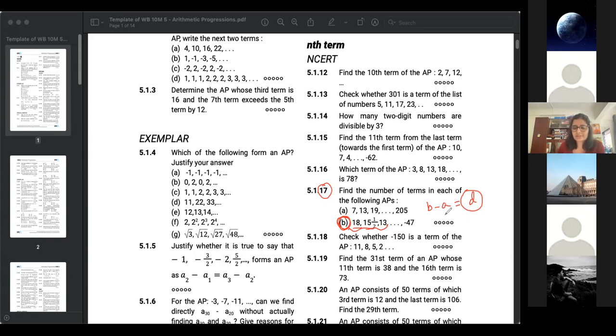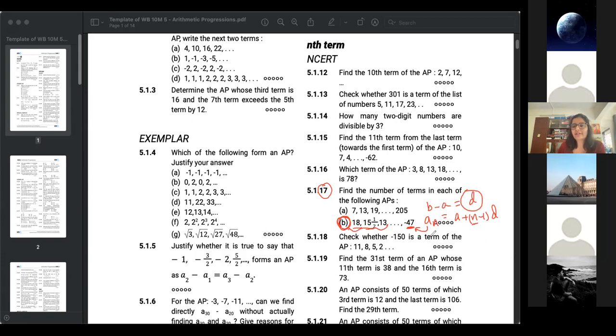Because if we see it carefully, the last term of the AP, they have already given it to us. Yeah. So then we just need to use the formula AN is equal to A plus N minus 1 D, and AN will be nothing but minus 47 here, and we have to find N, substitute. Correct. Yeah. Okay. Anirban, have you understood कि क्या किया हमने यहाँ पे? Yes, ma'am. What did we do? Yes, ma'am. We have got the last term, that is AN is equal to minus 47. Then we have easily put the formula as AN is equal to A plus N minus 1D.